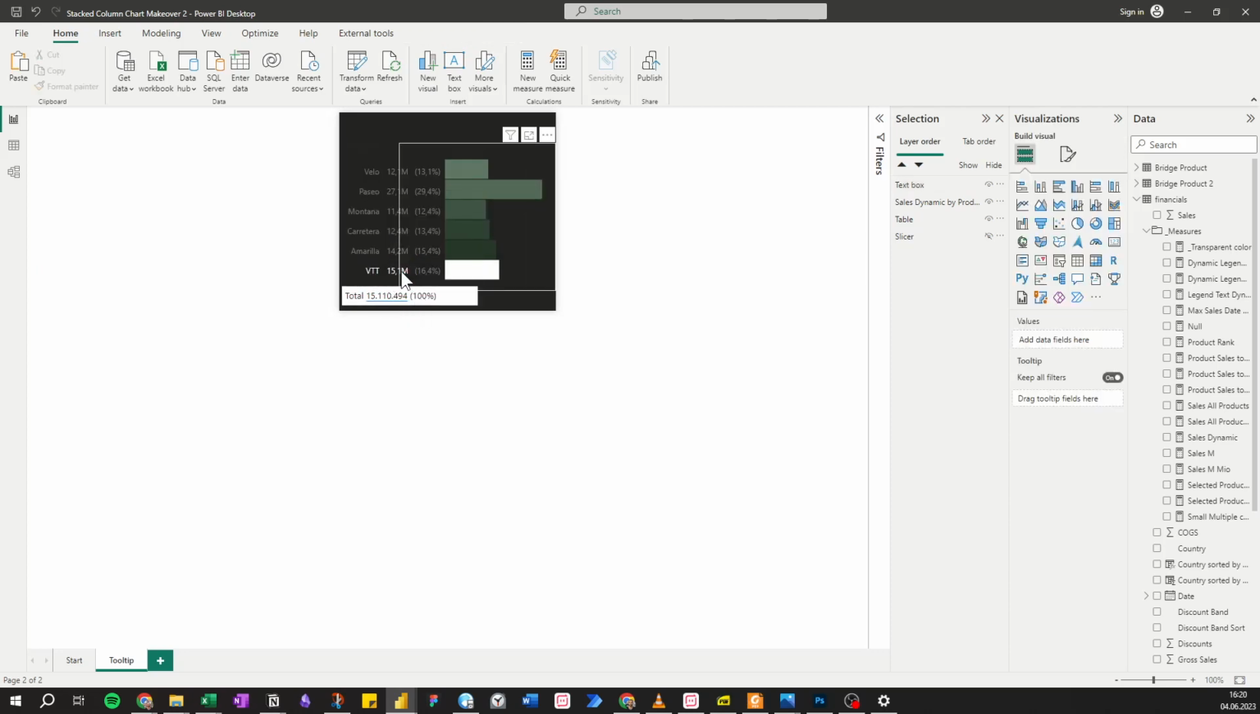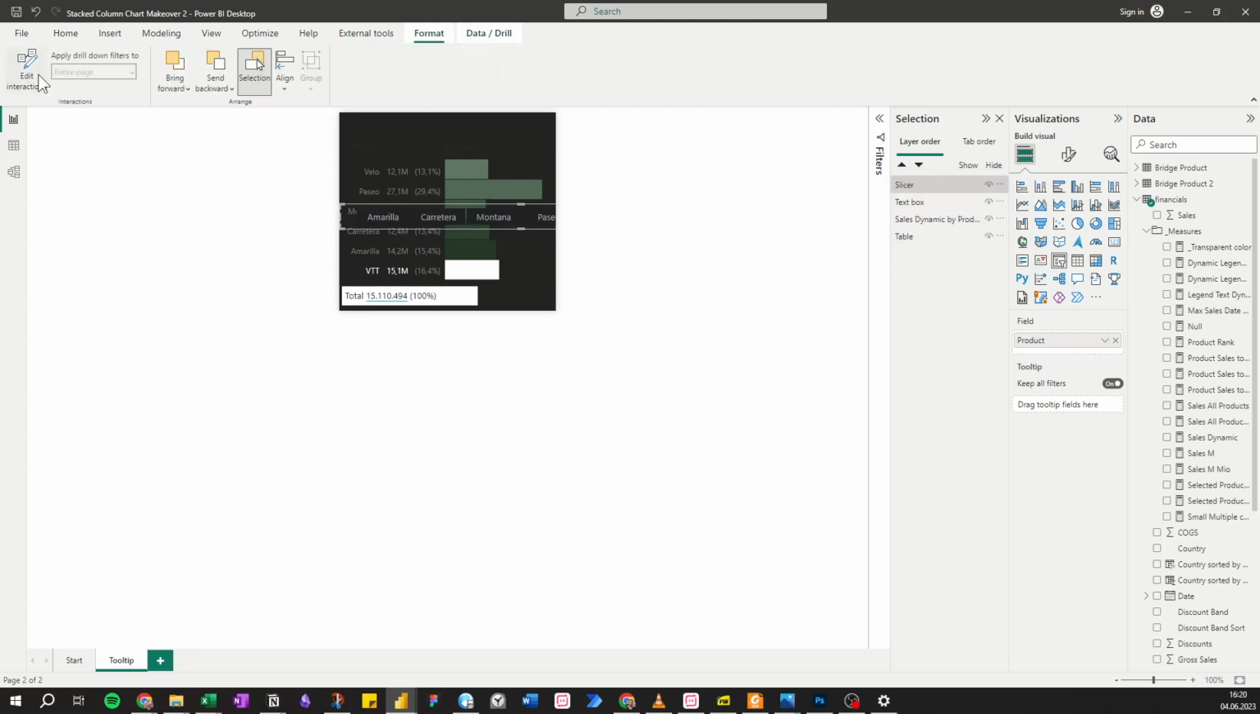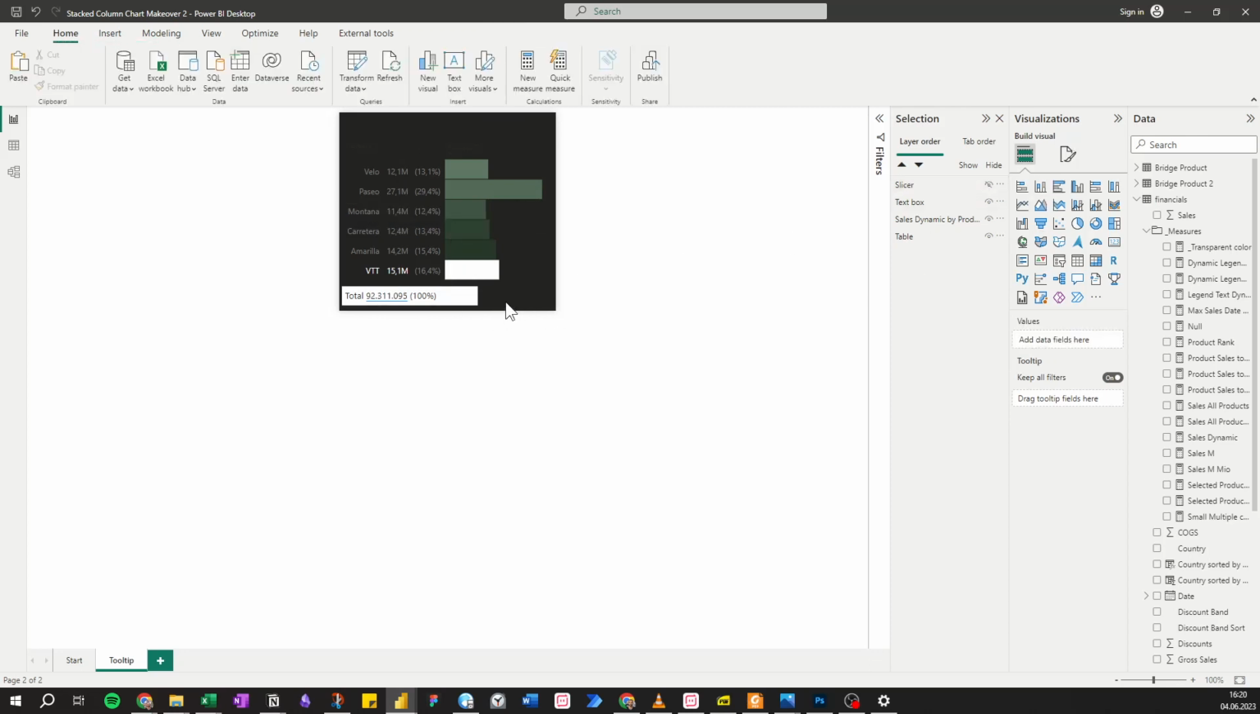Currently it shows the VTT value, and this is because the slicer is filtering this element. If you remember, we have this hidden slicer here. Temporarily pull it to the back, and I want to change the interaction so it doesn't filter this text box. I hide the slicer again, and now this returns the total value of the elements, and this is 100, but